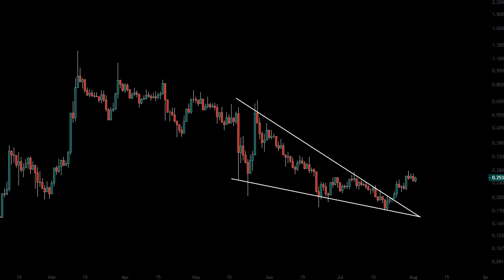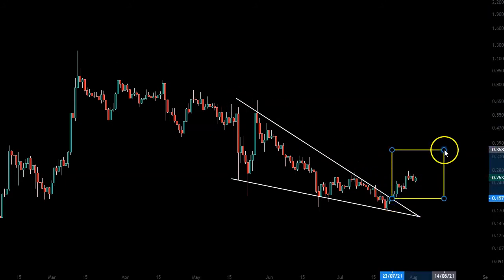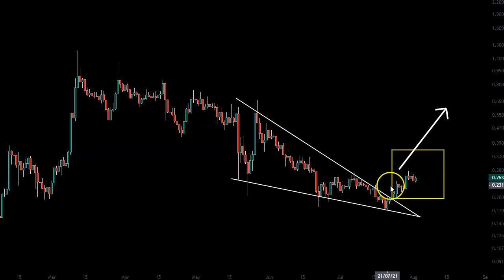How about we start with a falling wedge? This is a bullish chart pattern that played out the way it should. By probability, falling wedges play out to the upside. This is just what happened. Now one more time, I have to say, I would like to see a stronger momentum, a bigger push to the upside from this falling wedge. What you don't want to see is price going back into this falling wedge, because this would invalidate all of this that you're seeing on the screen right now.